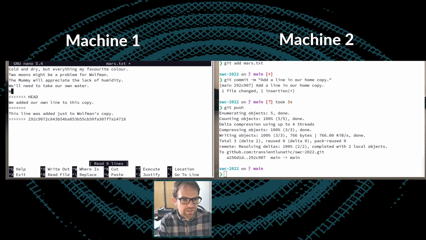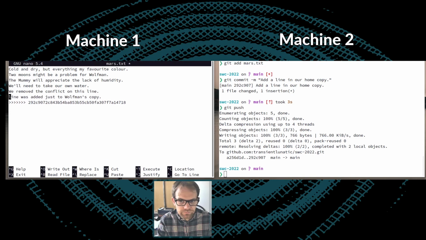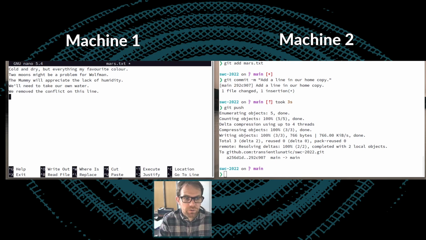So let's say we removed the conflict on this line. Instead of keeping these things, we'll just delete all of it. But we have the option to keep any part of it that we want at this stage, or to manually merge those.